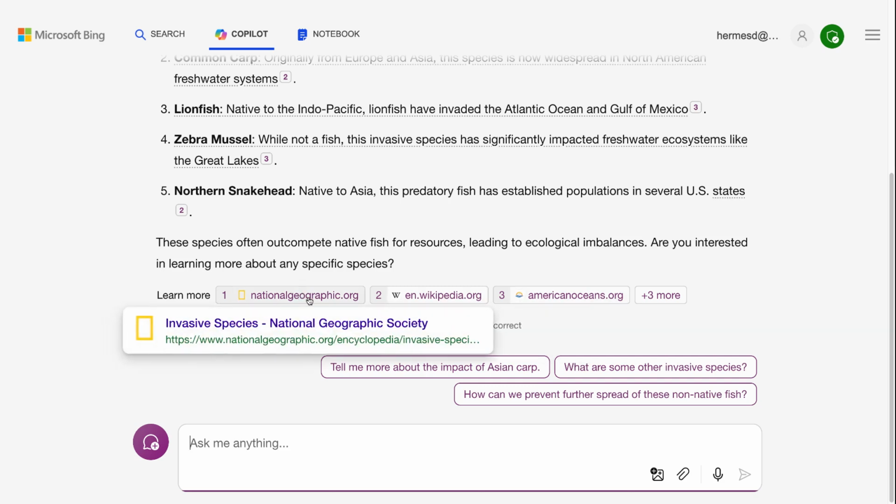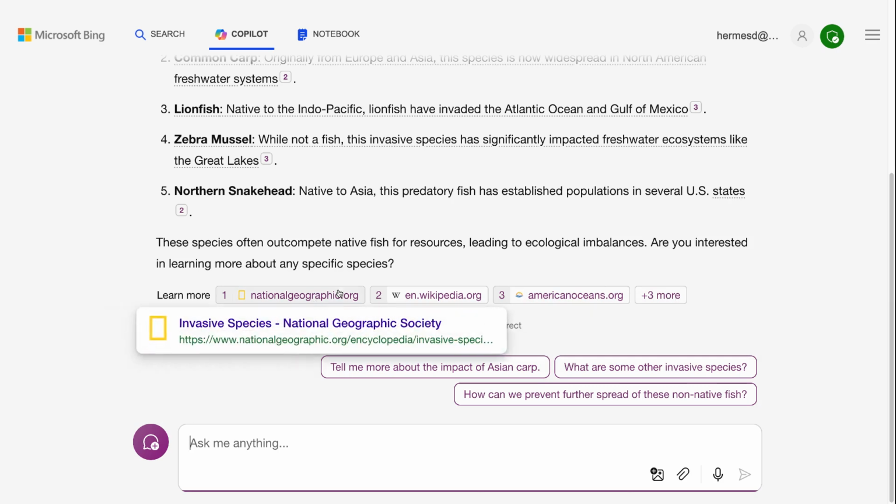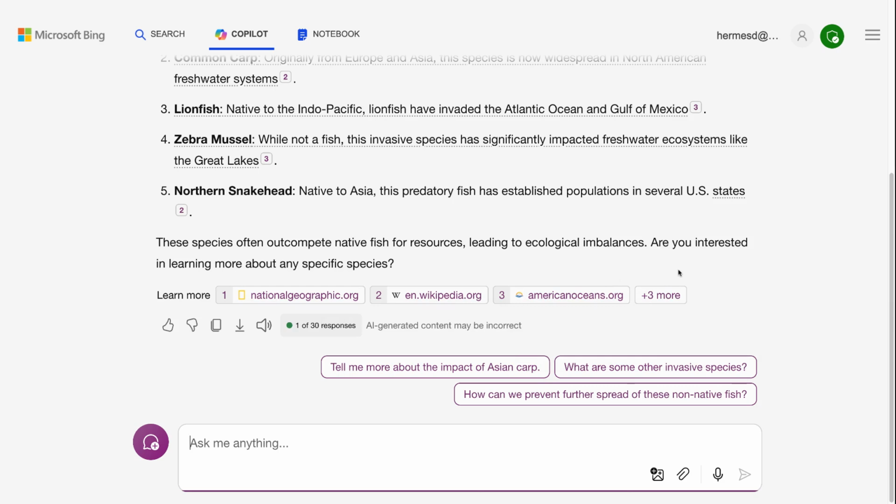One, they will give you some of the resources that they use to find this information. So if you want to go out and check into it deeper, they give you this information here so that you can do a deeper dive on your own by searching the web. If you like the answer or don't like the answer, you can give them the thumbs up or the thumbs down, and that really helps when they're looking at whether they gave good answers or not, because the AI machine is always learning,